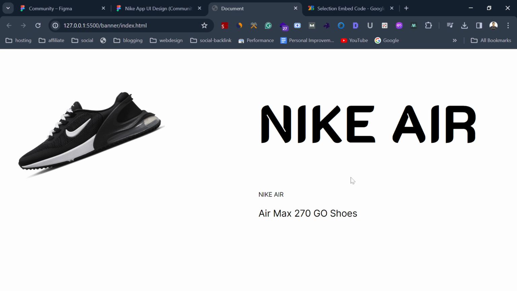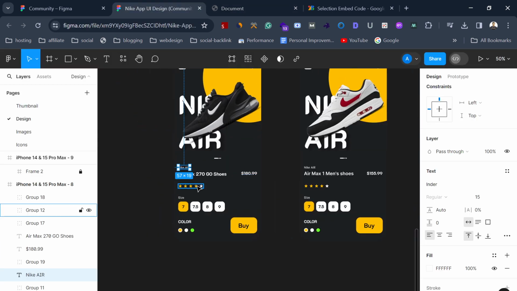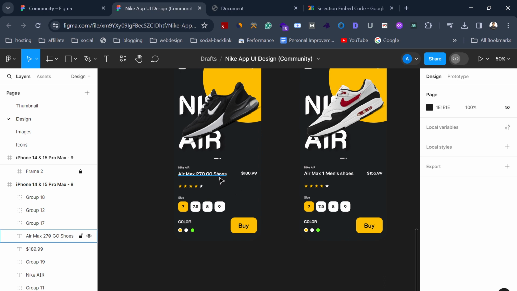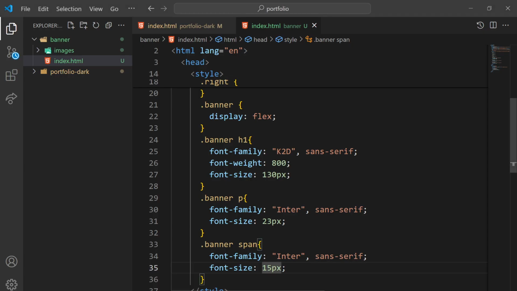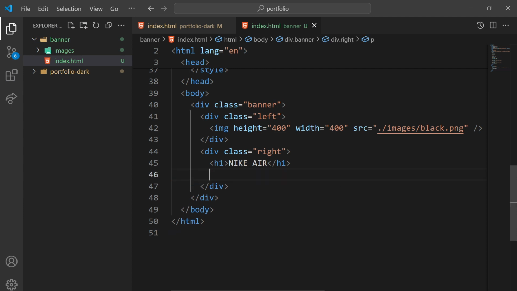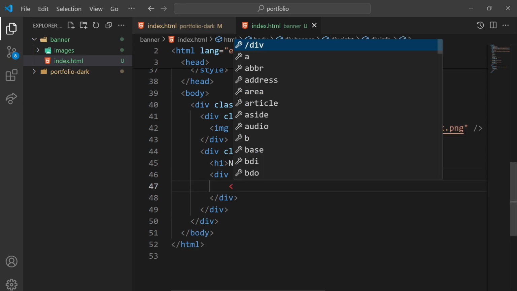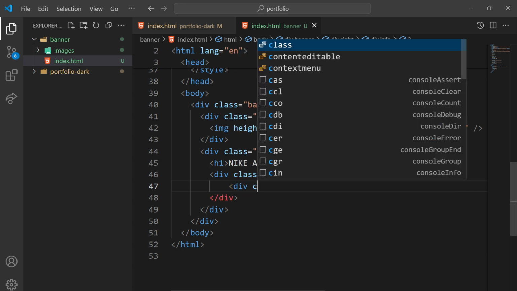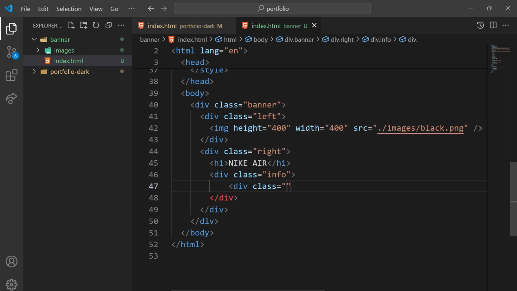So now our design is looking like this. And let's create these stars. Also one more thing. Let's keep this in one container so that we can wrap all this text in one container. For that, we will keep this in another container. Let's call it info, and this should be in another container, the price item,